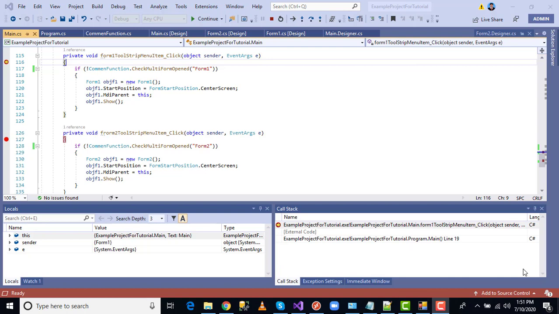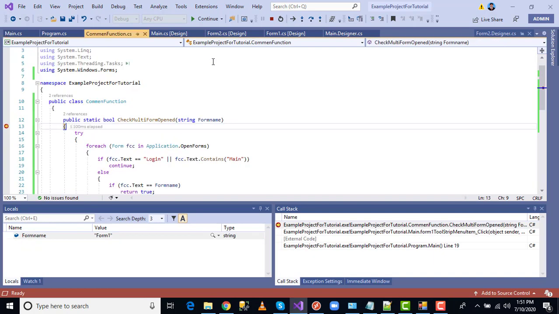Now press F11, and the function will automatically debug here. See, pressing F11 leads to the function. Now I'm checking here which form I'm passing: form 1. The first letter should be capital, so that also should be capital.